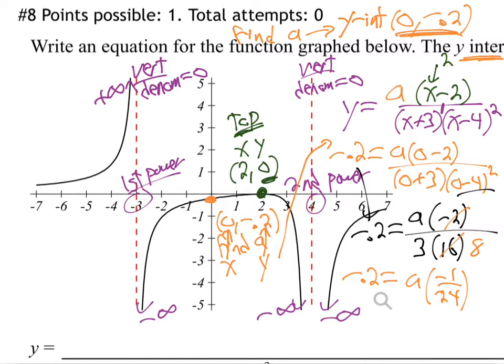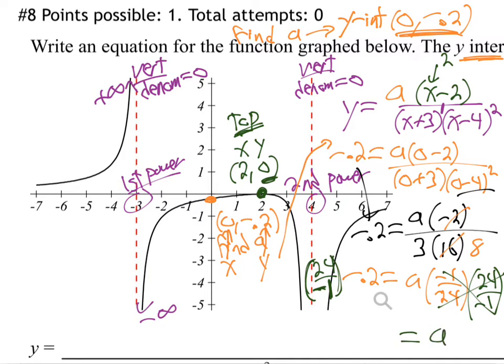And so how do we finish getting A alone? Multiply by 24 over negative 1, the reciprocal. Cross cancels out here. A is alone. Use your calculator. Just take 0.2, so that the two negatives make positive. Just take 0.2 times 24. You'll get,